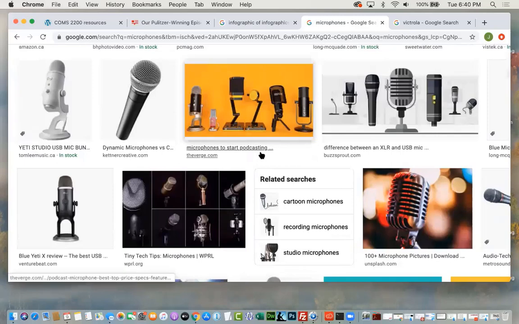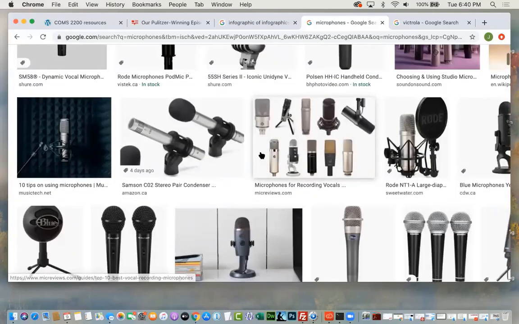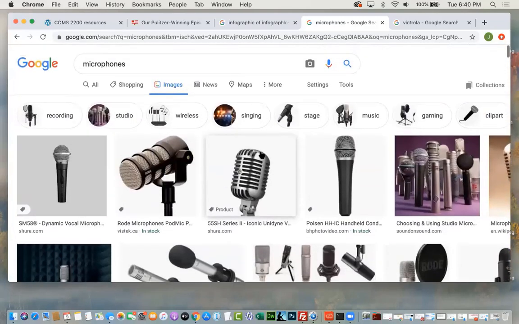But what has been true since the beginning of audio as a medium is that the microphone you use determines the sound you're going to get. Okay? So if you're actually serious about, say, creating podcasts or doing digital storytelling or creating a movie, one of the things you have to think about is, what are you doing with sound? What are you doing to record sound? What are you doing to create sound, right?